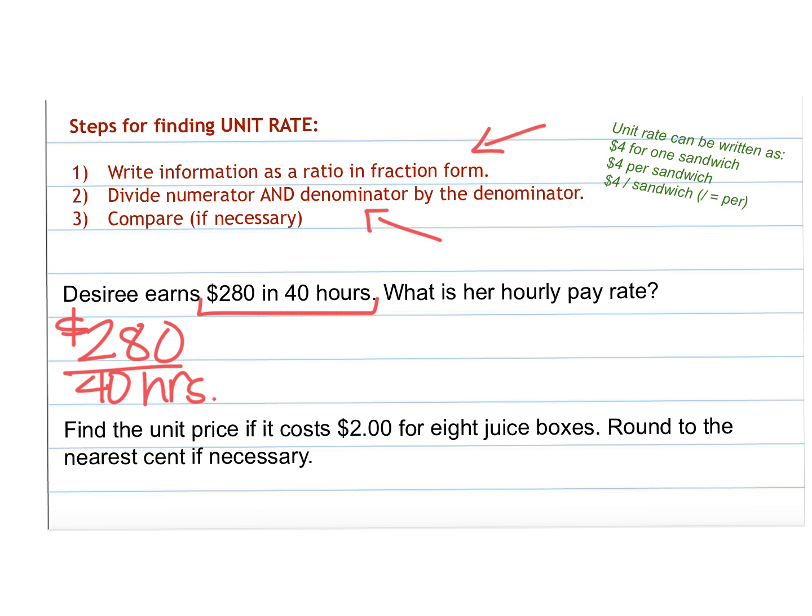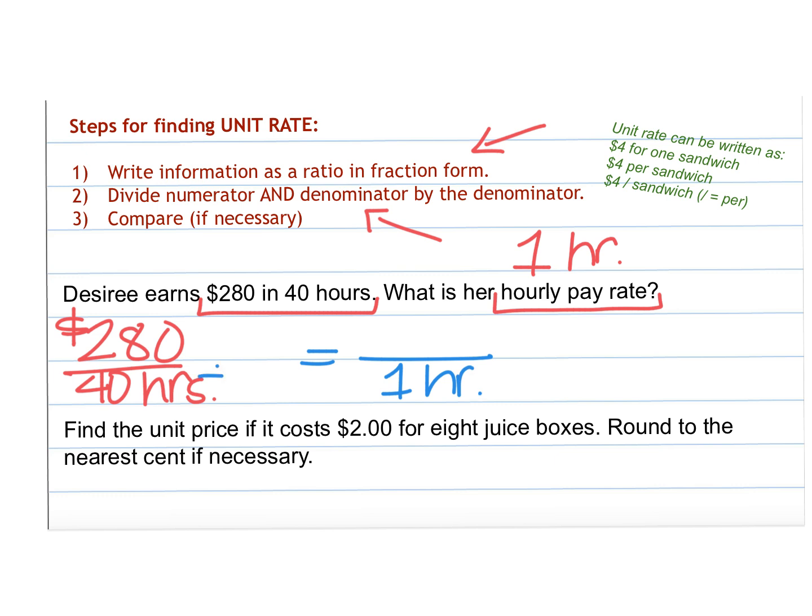So this is a rate. $280 in 40 hours is a rate. What is her hourly pay rate? So that means how much is she getting paid for 1 hour, which because it's 1, then that's going to be our unit rate. So then what we're going to do, because we want to find how much for 1 hour,